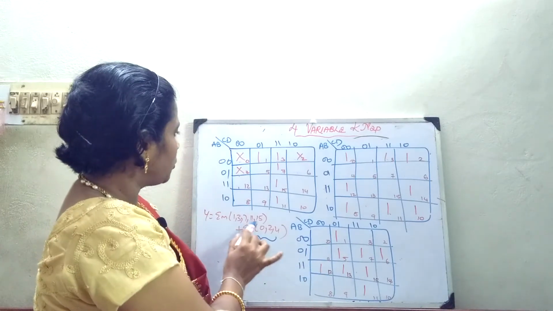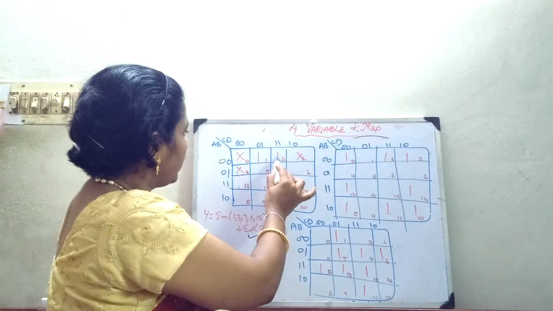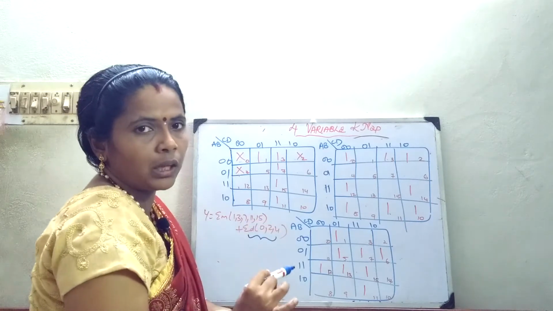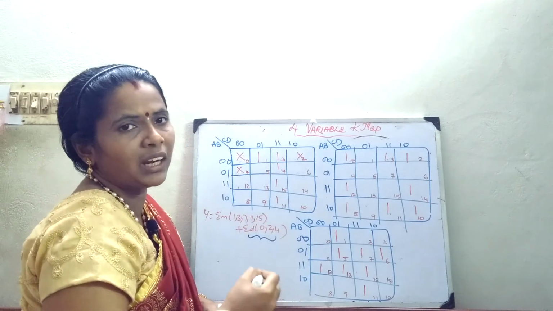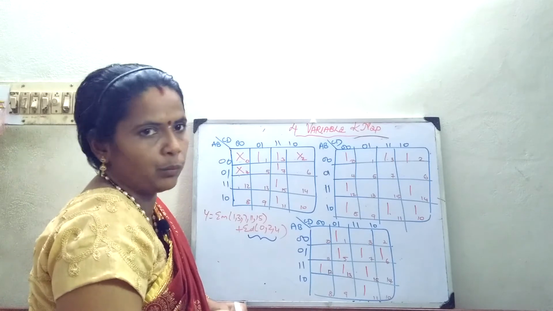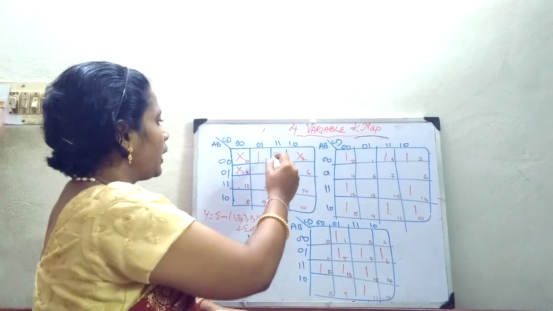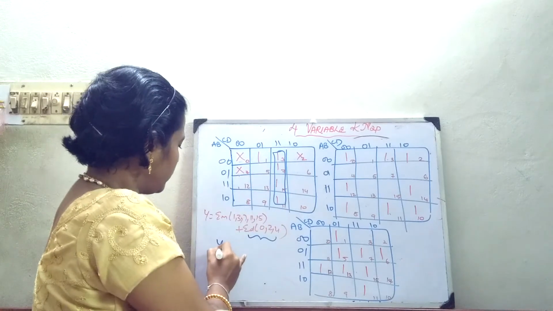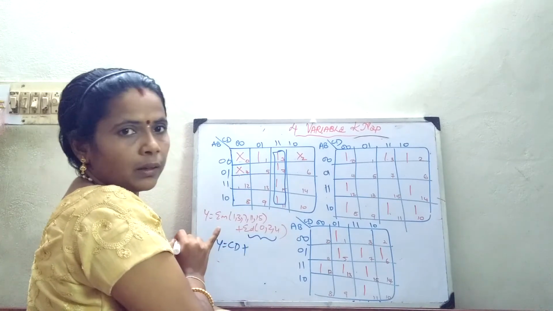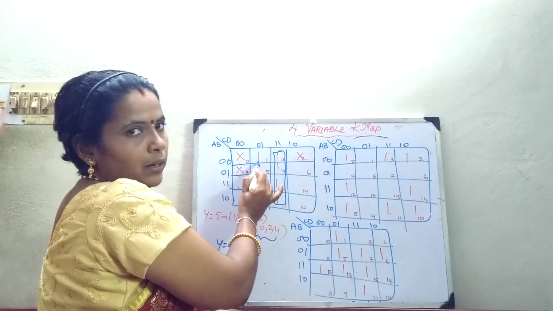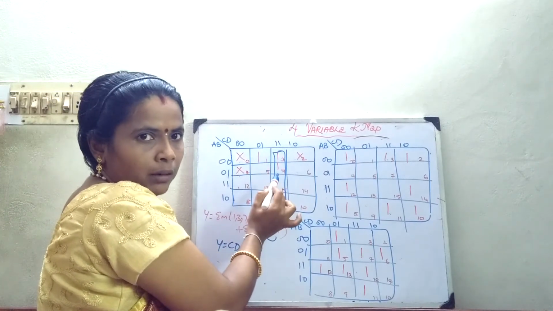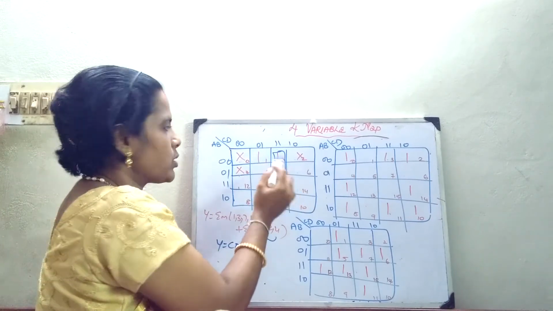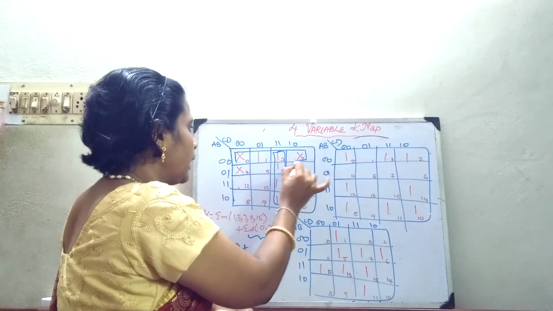The same way, now the expression is 1, 3, 7, 11, 15 plus don't care. So if you want, you use the don't care in order to get a higher cell grouping, else you can leave it. Now how can I do the grouping? This will be my first 4 cell grouping. So what will be the expression? It is CD. Now I have only one here. Always it has to be grouping 1s, but when you want to go for a higher cell grouping, in that case if don't care is needed you will use it. So this don't care we will take the value as 1.